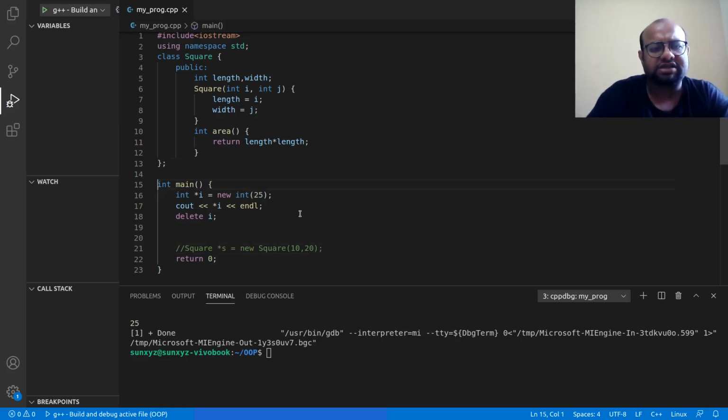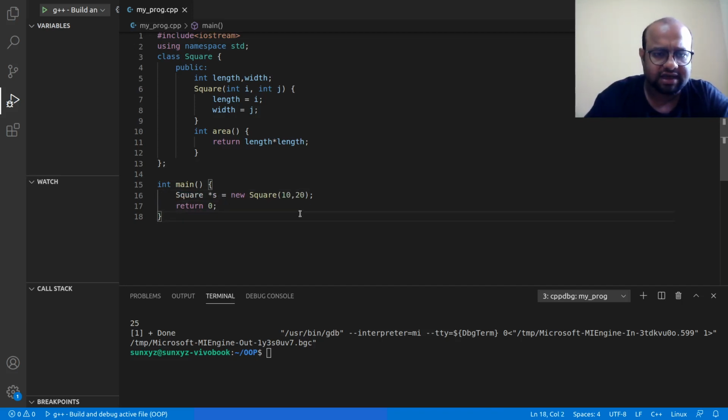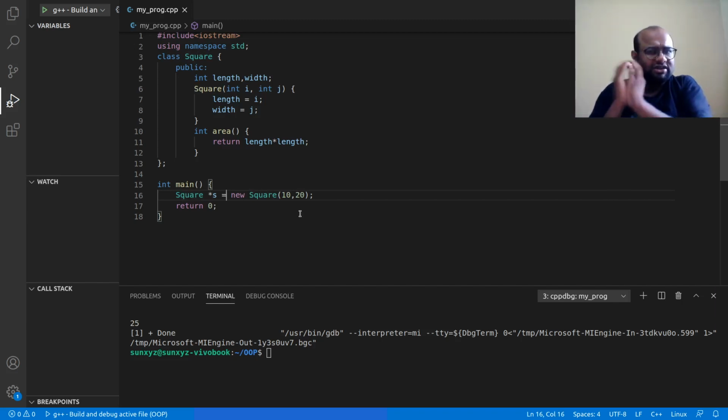All right, so let's allocate memory for my object S. So I am creating a new object in heap memory. This object is of type square, and I am saving this in my heap memory. There is this object of type square, and this pointer variable S is pointing to that address in heap where I have created this object, right? So this is a pointer that points to this square.